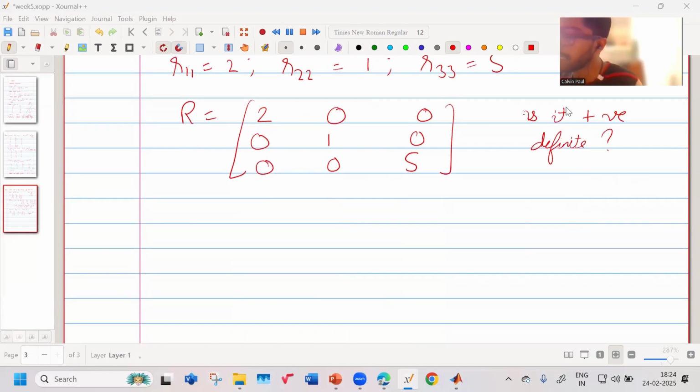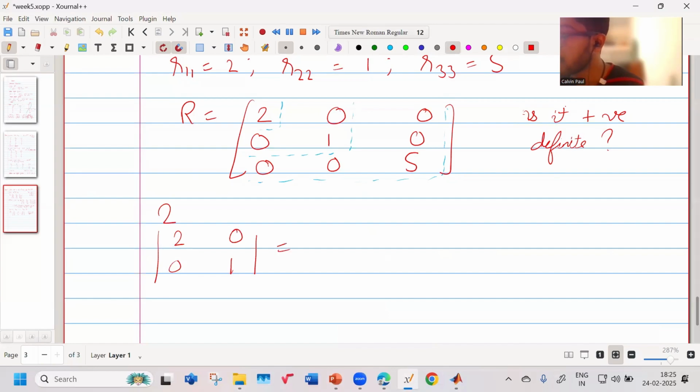So now we have to find whether it is positive definite. So what we will do is we have to check these determinants. One is this determinant. Then we will go to the next determinant of this, and then finally the entire determinant. Okay. So we know that 2 is positive. So this is the first determinant. Okay, then we will check